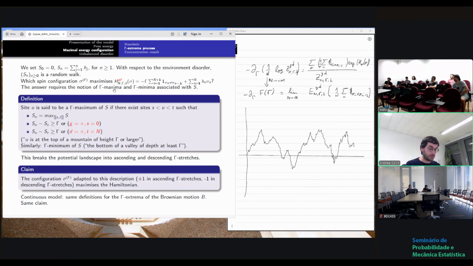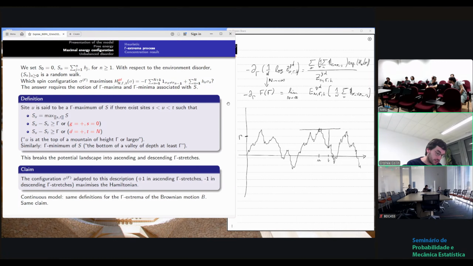So here is an example of a walk, centered. And we are going to say that a site U here, for example. So let's say gamma is this quantity. We say that U here is a gamma maximum because I can exhibit two values,